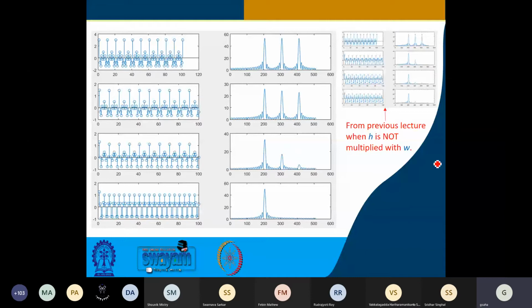So this was the previous one without multiplying with the weight, and this is the one you have just now designed. Now your observation, other than Sridhar, somebody more preferably who has not spoken before, just give your observation. And of course, this is order 3, this is order 7, and this is 39. Similarly, 3, 7, 39.